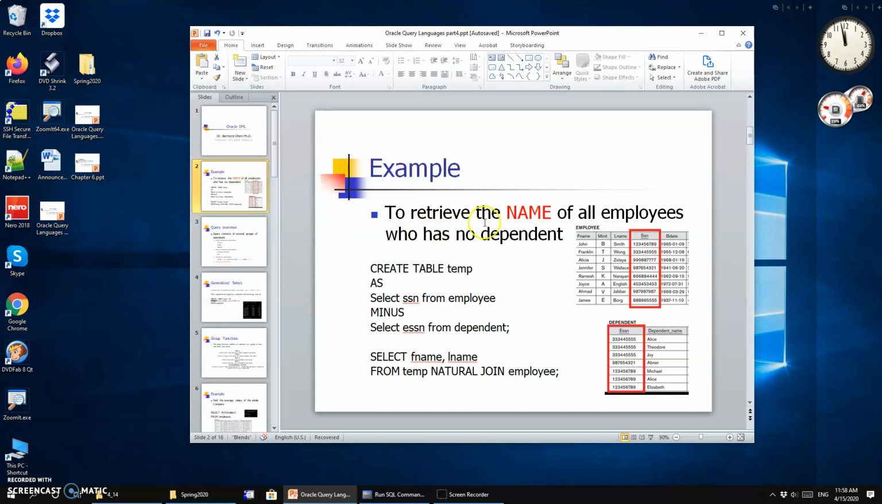In order to retrieve the name of all employees who have no dependent, that requires you to find out every single one of the employees, so you can find all the employees. Basically, select SSN from the employee. That gives you a full list of the employees. You want to find the people who have no dependents. So if you use everyone minus the ones that have dependents, then you can get the social security numbers